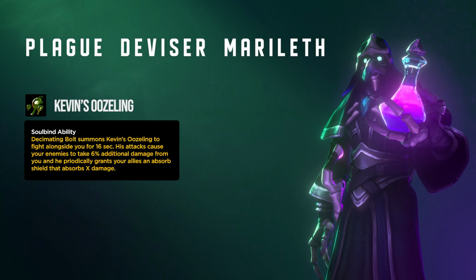His attacks cause your enemies to take 6% additional damage from you, and he periodically grants your allies an absorb shield that absorbs X damage, right? The big thing here is that, number one, a 6% damage increase is pretty relevant. And number two, when we get double legendaries, we're going to have that big Shard of Annihilation guaranteed crit chance, crit strike damage increase tied to Kevin's Oozling, which is already good on its own, for an even larger damage increase, which makes it a very strong option in single target, even in 2-target cleave based settings,